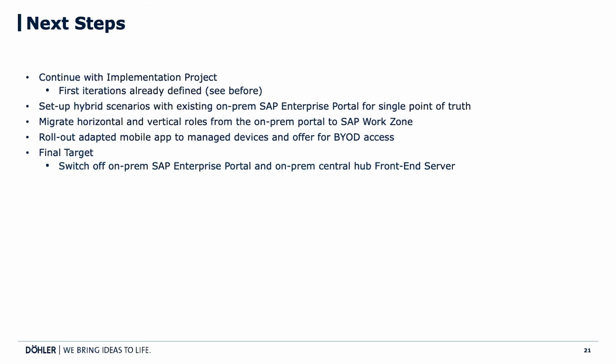And then, as said, we can migrate the roles. We want to use the mobile app from the work zone and adjust it, and then also make it available via the stores so that employees can access those apps via their own devices. And the final target, the way to go, I'm not sure if you're talking about months or years, probably we'll talk more about years, is that we can at some point in time switch off the on-prem enterprise portal, including the knowledge management with the documents, and also then switch off our on-prem central hub